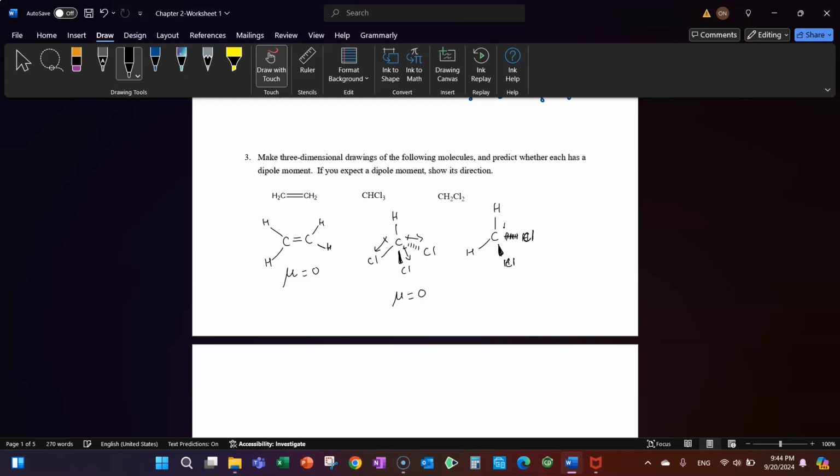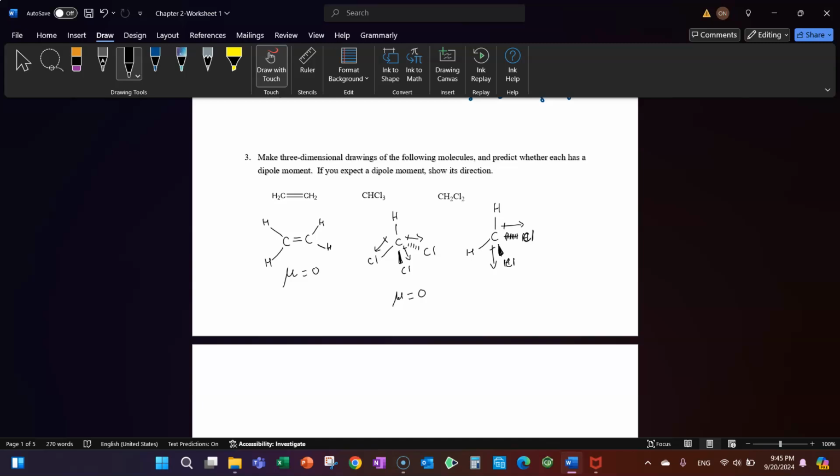Right. So if you look here, we have the dipole acting in this direction. We do not consider carbon-hydrogen as a polar bond, so you don't have to show the direction of the dipole in this. Same thing in this chloroform molecule, you do not have to show the dipole in this. However, the carbon-chlorine bond is polar and you have to show the direction of polarity. And here again, if you look,